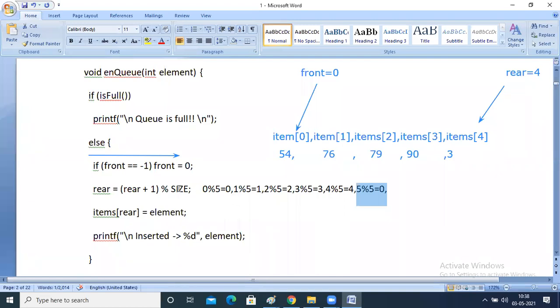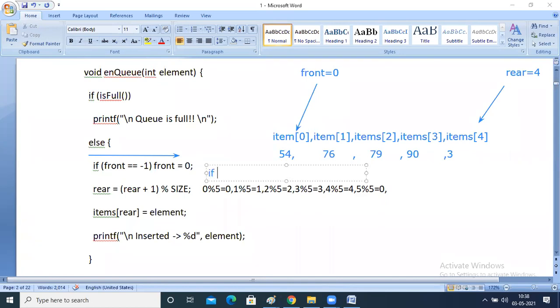Instead of rear is equal to rear plus 1 mod size, you can write like this also.